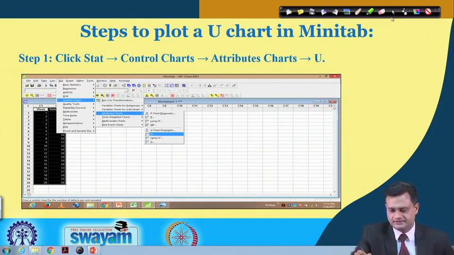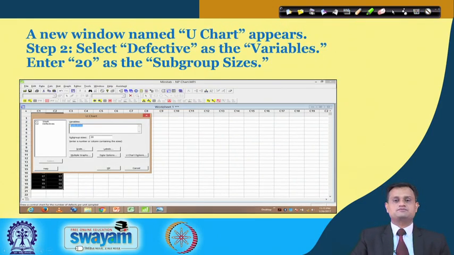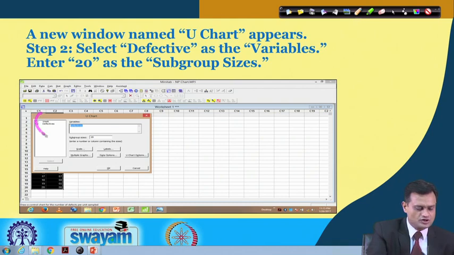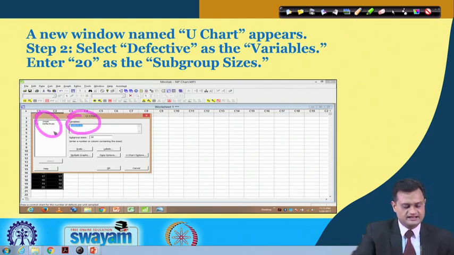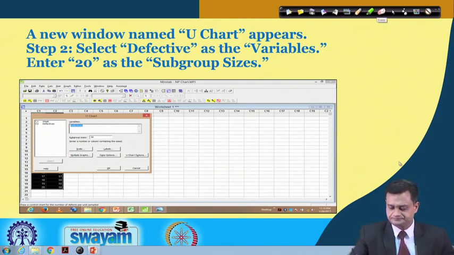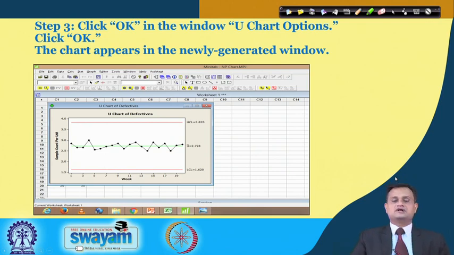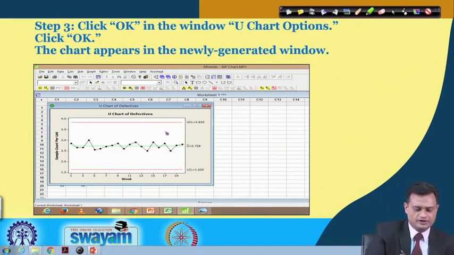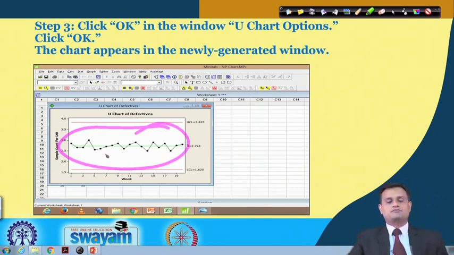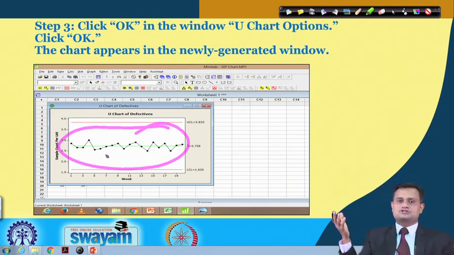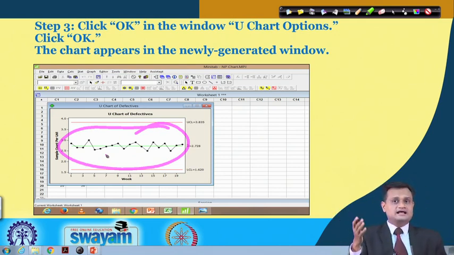The procedure remains the same. Just for your convenience, I am displaying each and every chart. Suppose you have weak and defective. You select the variable as the defective, you define the subgroup size also, and then you click OK. Once this is done, you will get a control chart, and you can see here that more or less your points are well within the control limits, and this gives you initially an indication that your process is in statistical control